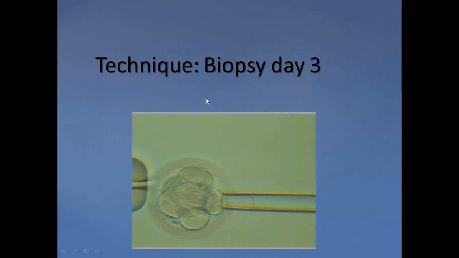The primary technique that you're familiar with now is the day 3 biopsy, and this has been the long-standing gold standard of how we look at the chromosomes. We see a single cell here in the picture. You've probably seen similar ones before. Each cell, in theory, has a single nucleus, and in this particular cell, if you can see my screen, you can see a single nucleus right there in the middle. That's a little bit tricky on some of these. It's kind of hard to see. But if it has a single